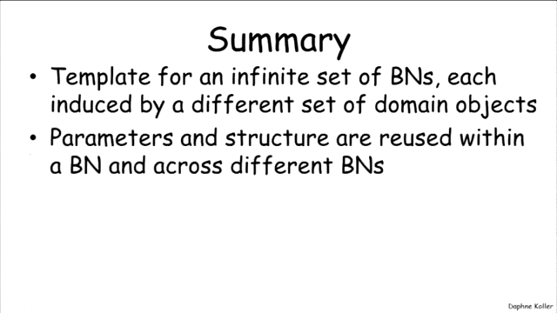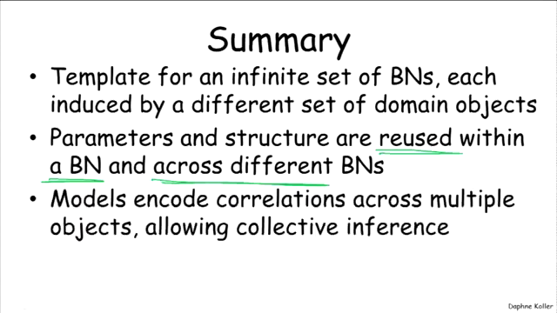The parameters and the structure are reused both within the base net and across the different base nets. So for example, within our university example, we reuse the same parameters. And if we have a different university with a different set of students and courses, we would still use the same parameters. These models, by allowing us to represent an intricate network of dependencies, allow us to capture very richly correlated structures in a concise way, which allows us to do this kind of collective inference, which is potentially a very powerful